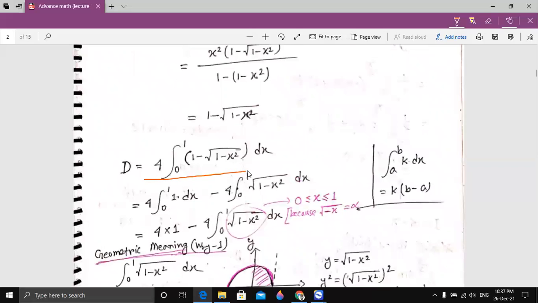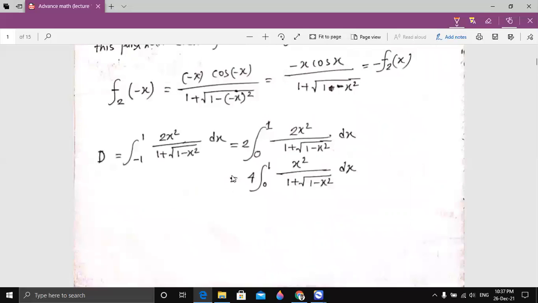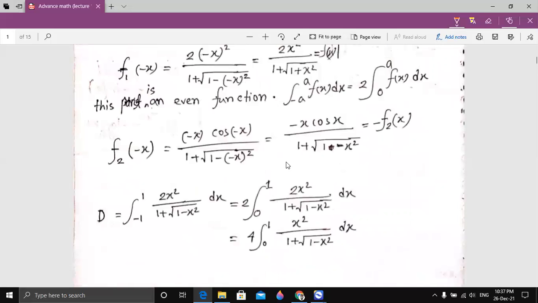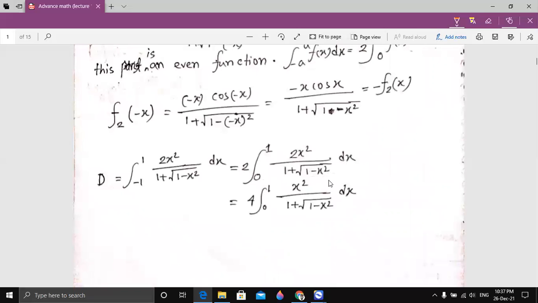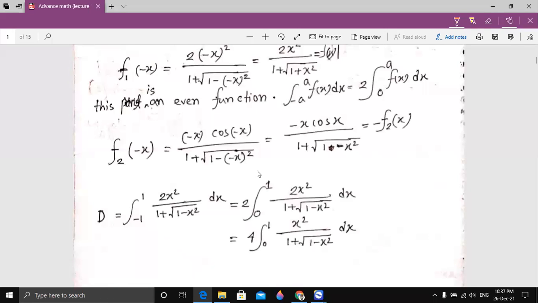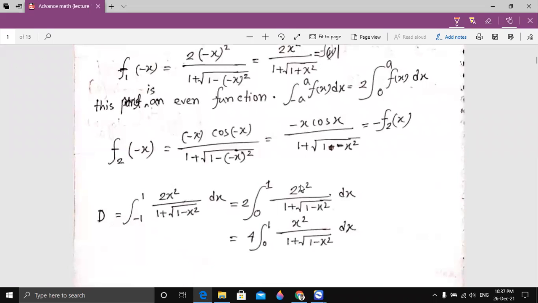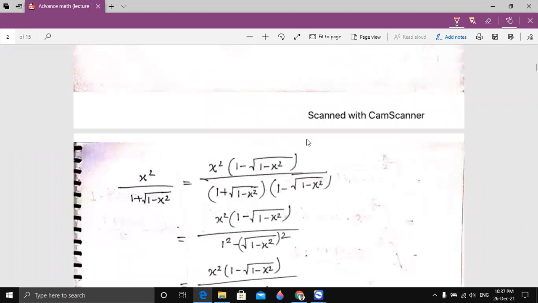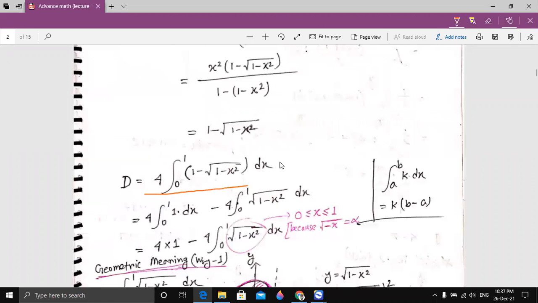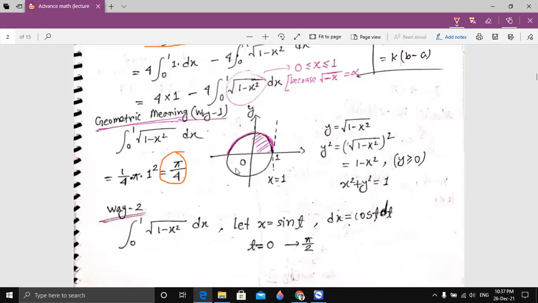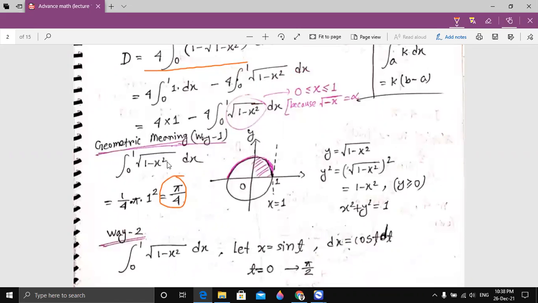integration of 0 to 1 minus root over, oh no, sorry, not this line. The number 1, x square by 1 plus square. So the last line is here. Yes, pi by 4. So we have to convert it into some kind of formula that we already know how to calculate. Okay,